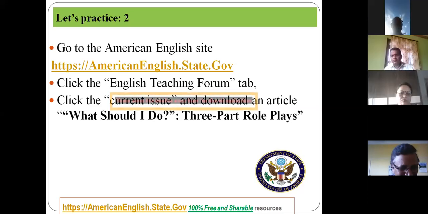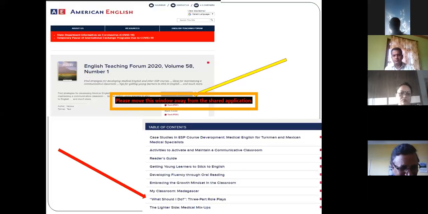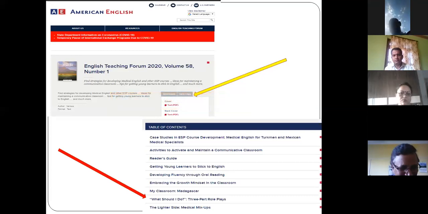So americanenglish.state.gov, this third tab shown by the yellow arrow, and then you go to this current issue, and then I have shown here by yellow arrow, you may go to downloads, and you see their cover and